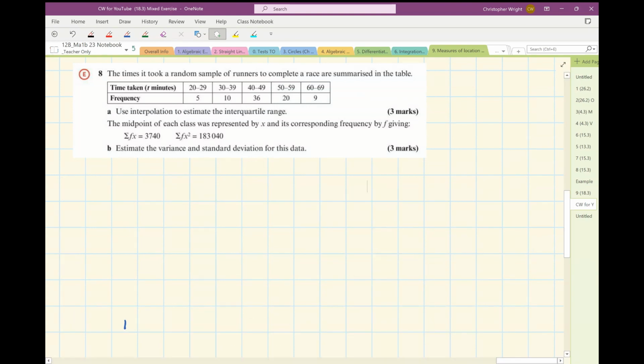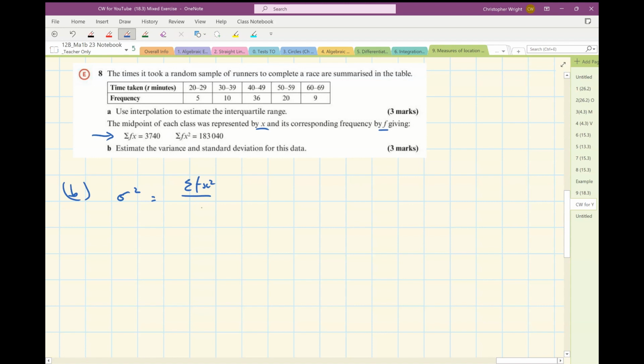Right, part B. The midpoint of each class is represented by x and the corresponding frequency by f, giving, look at that, I've got the sum of fx, I've got the sum of the x's, and I've got the sum of the x squared. That'll be useful because I'm asked to find an estimate for the variance. Now the variance is the mean of the squares, so that's going to be sum of fx squared over,